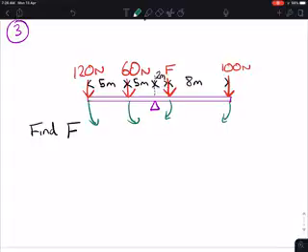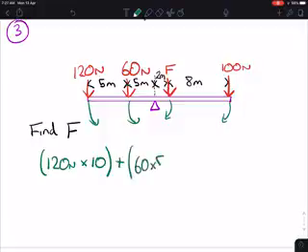So remember, the distance is always the distance to the pivot, not the distance from one force to the other force. So the 120 newtons there is actually times 10 meters because it's 10 meters away from the pivot. So we're going to put that in brackets, plus this one, because this is also an anti-clockwise moment. So plus 60 times 5, that one's 5 meters away from the pivot, equals 100. Again, the 100 newtons is a clockwise moment, but is 10 meters away from the pivot, not 8 meters. So 10 meters away from the pivot,